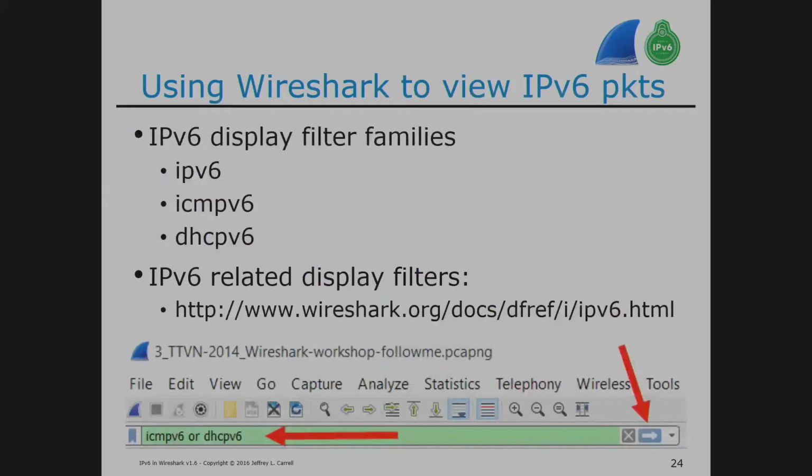Display filters, there are 3 primary V6 filter definitions in Wireshark. IPv6, ICMP-v6, and DHCP-v6. Now, under all of them, and especially the top 2, there's lots of other things, right? Deeper levels, but there's the high level. Display filters in Wireshark, if you're not a big user of them, will help you in your V6 troubles. Because one of the things you can do, just turn on an IPv6 filter and all your V4 stuff is gone. Not out of the trace, just out of your view.